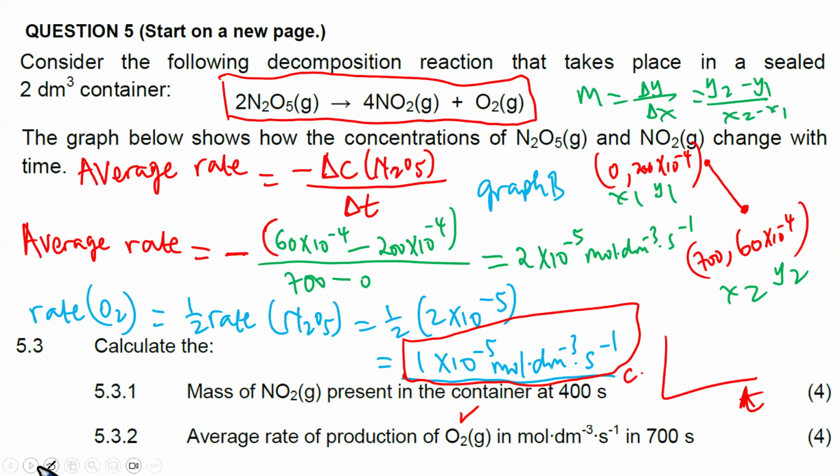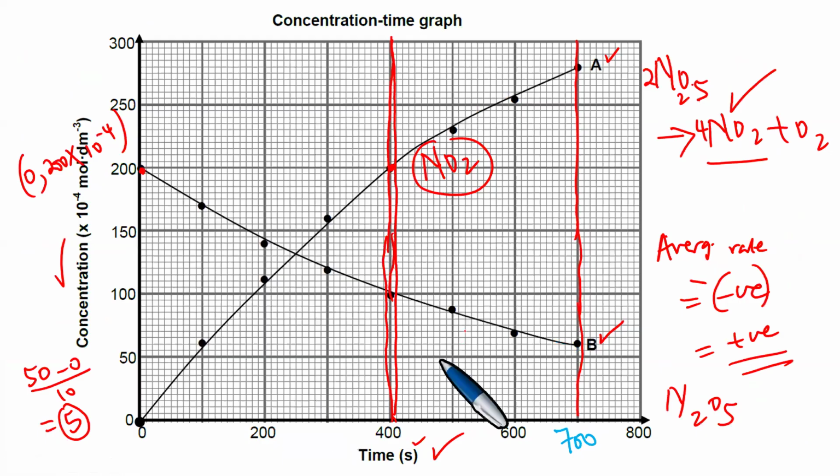Right, so this is the question we just solved now. So the average rate of production of oxygen gas is 1 times 10 to the -5. But you see, we got the average rate. The way we did the average rate here, we put a negative in front. We put a negative before, so we said negative is the change in this. Why did you put a negative here when we use N2O5? Because we saw that with N2O5, that is this one here,